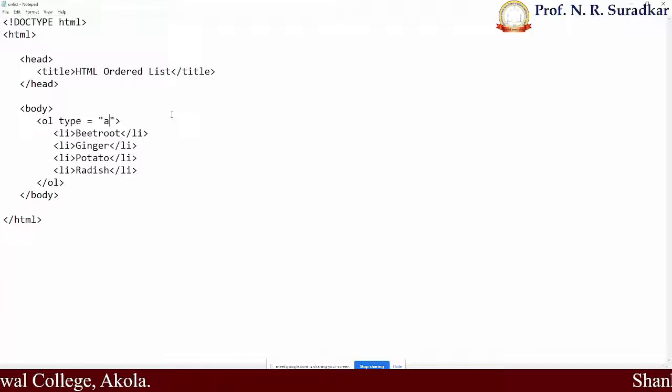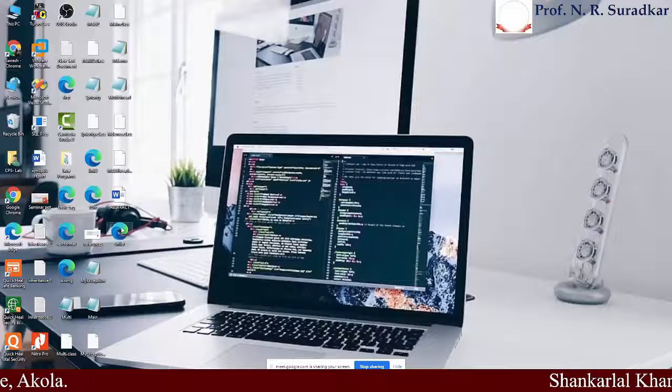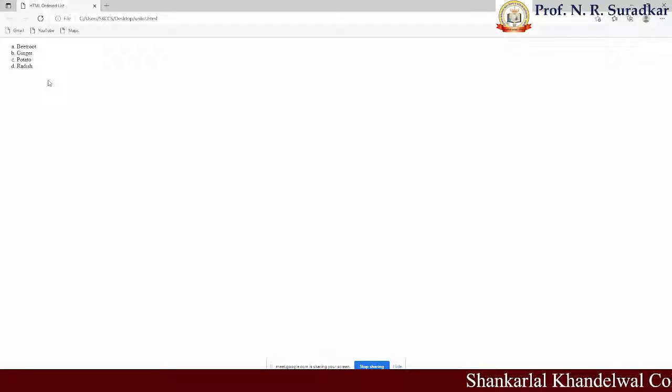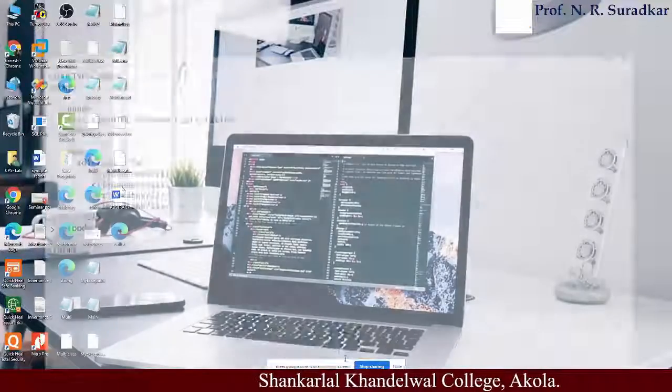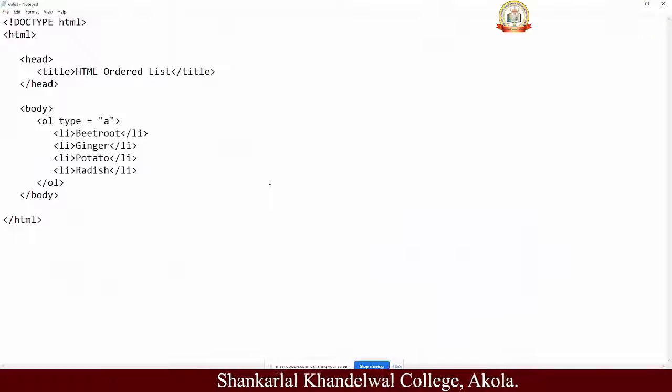File, save or Control S, minimize it, go to the unlist web tag. Let's see here. Changes have been made as per the code we wrote in the HTML page. A, B, C, D.